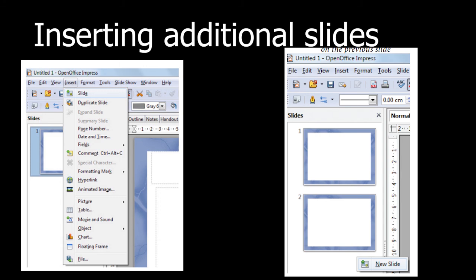Okay, and after inserting the slide, you have to select the layout which suits your need. Then you can modify the elements of the slide. If you want to remove something, you can remove the unnecessary elements, or if you want to add needed elements like pictures or text or clip arts, you can insert them also, right?